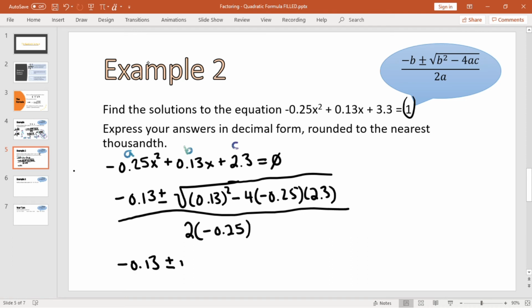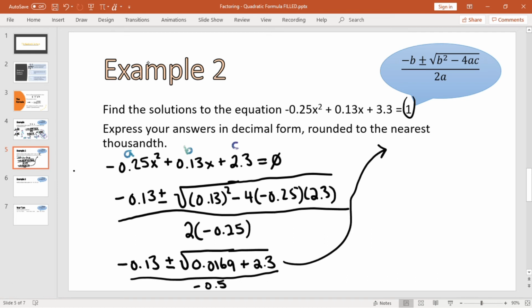Here we go, plus or minus, and we'll just do a couple of baby steps with this one again. So I'm going to have 0.0169, and it's going to be plus 2.3 because of all the signs, and it's going to be divided by negative 0.5. So you can see, obviously, you're going to go for decimals because these are just gross. Nothing's an integer. I would do that. Okay, so let's get our two values. And I'm going to do the math and figure out what the root of 2.3169 is. And when I do that on my calculator, I'm getting